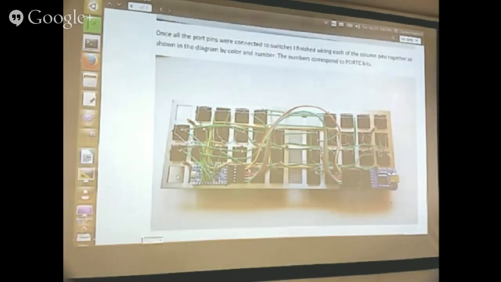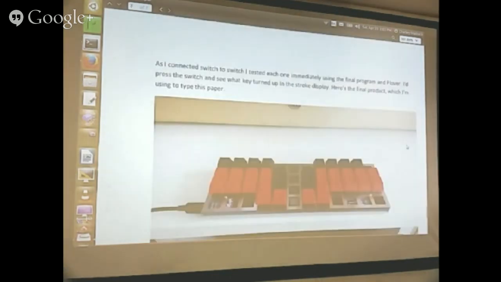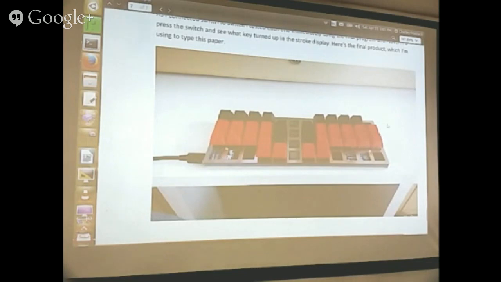So, once I got all the wiring done, I think, that's what my final keyboard looks like, more colorful. This version has a nice little folded up plate on the bottom that hides everything, so it's really pretty. So I've got a few more minutes. I'm going to finally talk about the